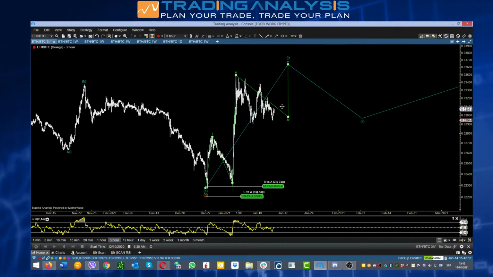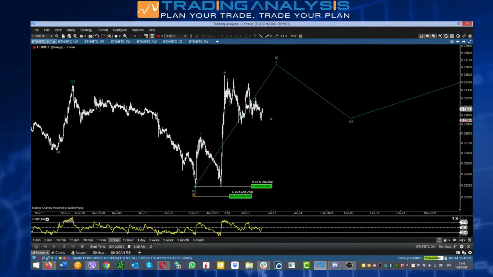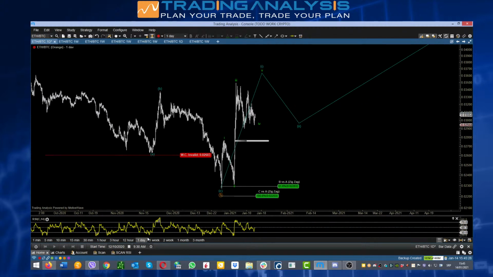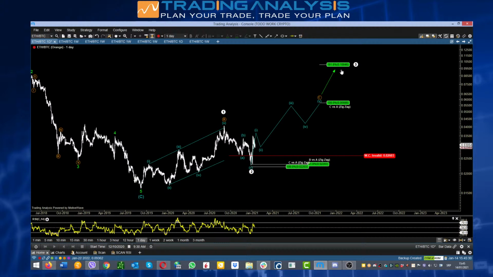So I'm looking for this consolidation to be a possible ABC x ABC, so a possible double correction or a triangle, and then a continuation on the upside. If I see a 5-wave move here, that will give me enough information that I can expect further bullish development on the upside for this measured move, or further upside in this third wave. So I'm going to look for a completion of this, and this will give me a kind of flashing light